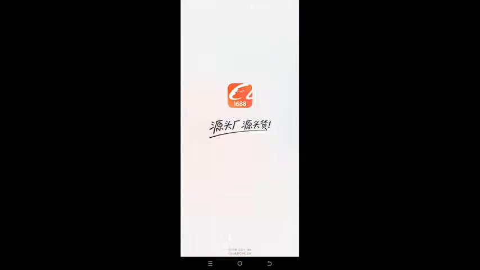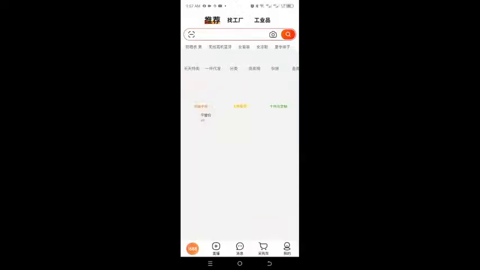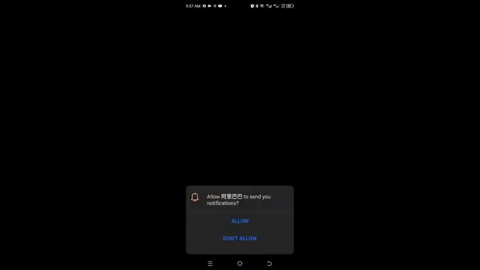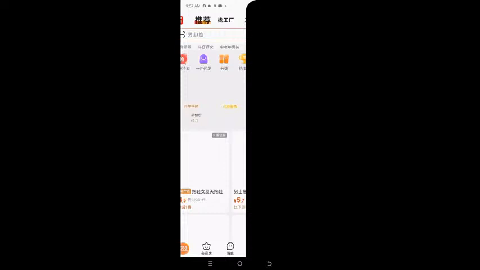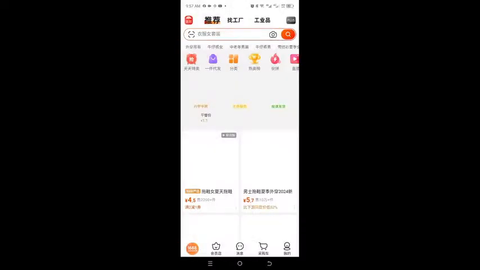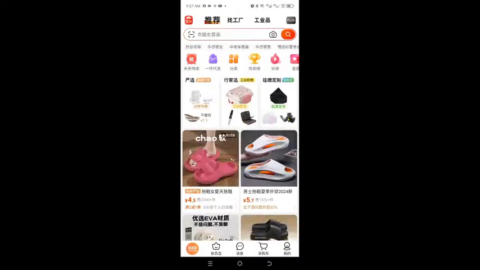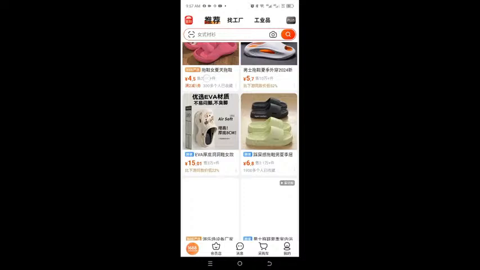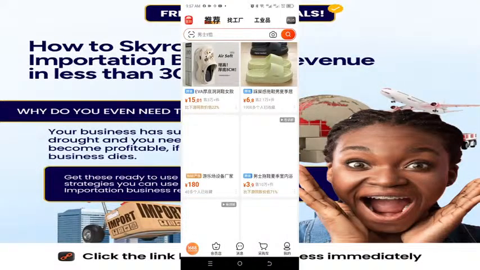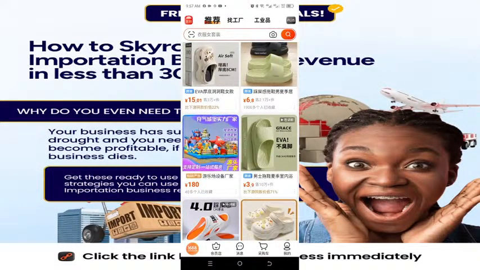As you can see, we have it fully set up right now. If you want to allow notifications, I can say allow so I can get updates from them. So you can see the app is fully set up right now on my phone. But the challenge with the app, unlike the browser, where we can use the Google Translate option to translate the Chinese language to English,